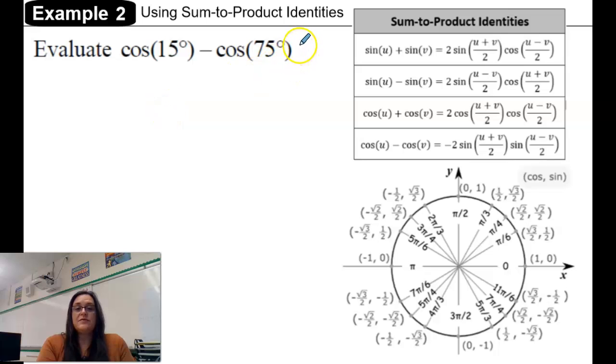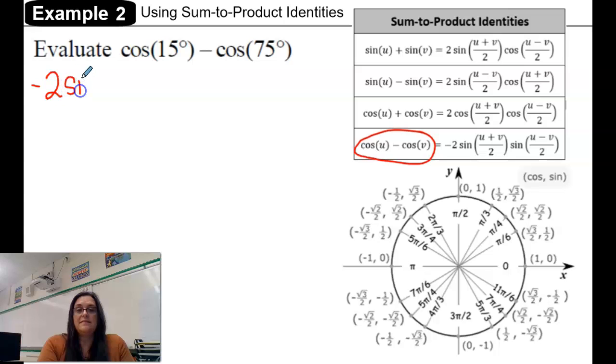So welcome back to example 2. We're going to use the sum to product identity to evaluate cosine of 15 degrees minus the cosine of 75 degrees. And our sum to product identities are listed here in this table. The difference of two cosines can be found at the bottom here, and that's -2